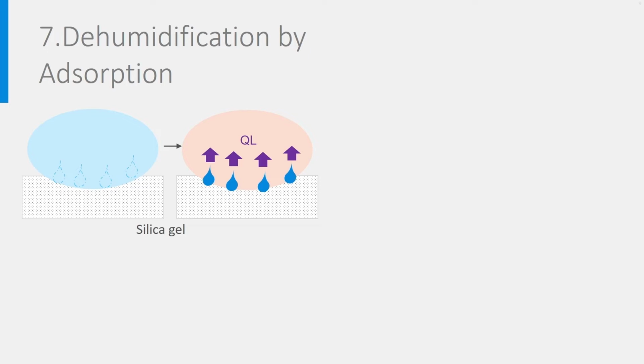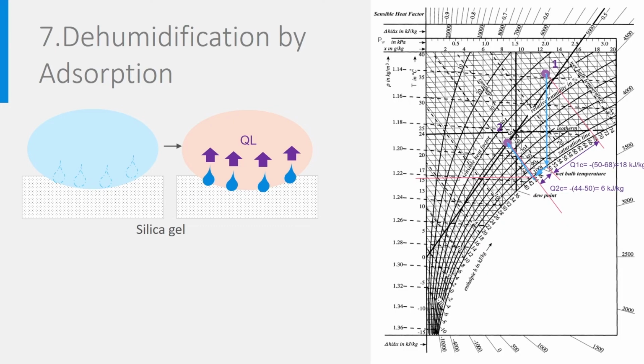This is called adsorption. During adsorption, the water vapor condenses and therefore releases its latent heat of evaporation, heating the airflow this way. This is the exact opposite process to adiabatic humidification, and therefore takes place on the lines of constant dew point temperature. There is no heat exchange with outside, and the process costs no energy. In the Mollier diagram, it looks like this.